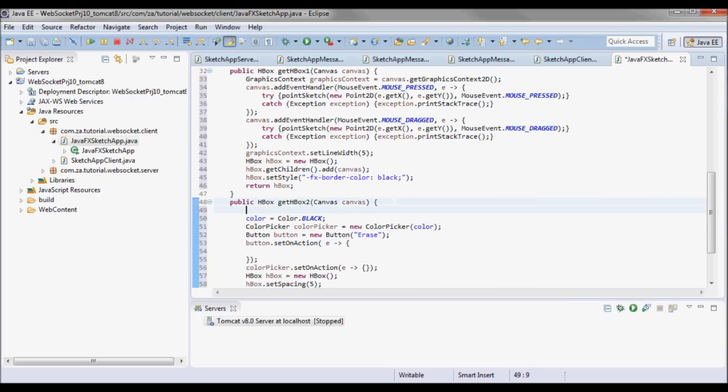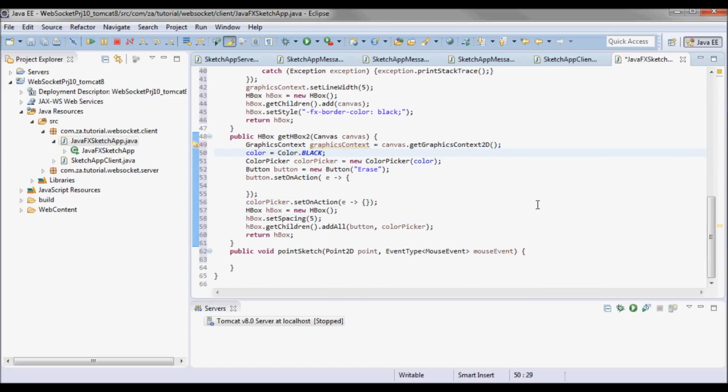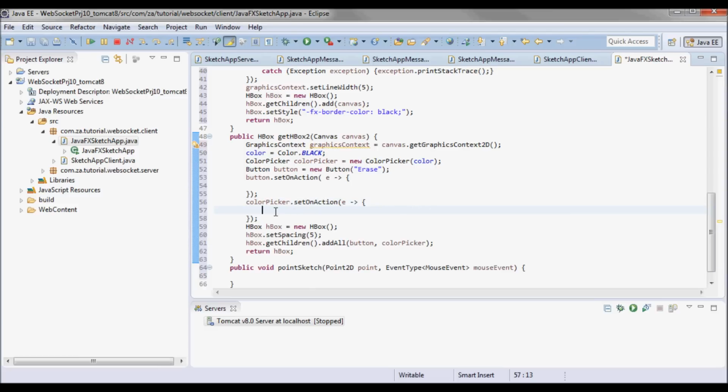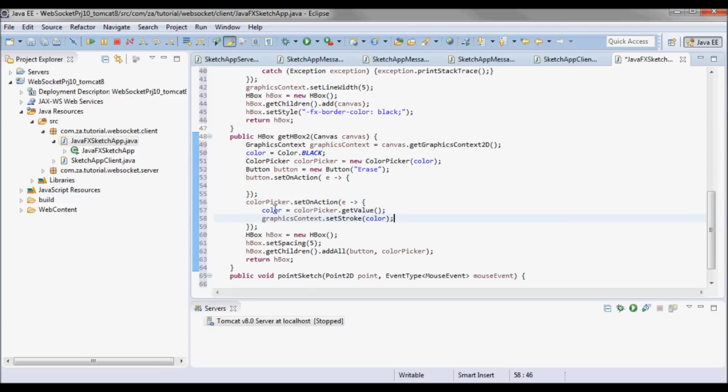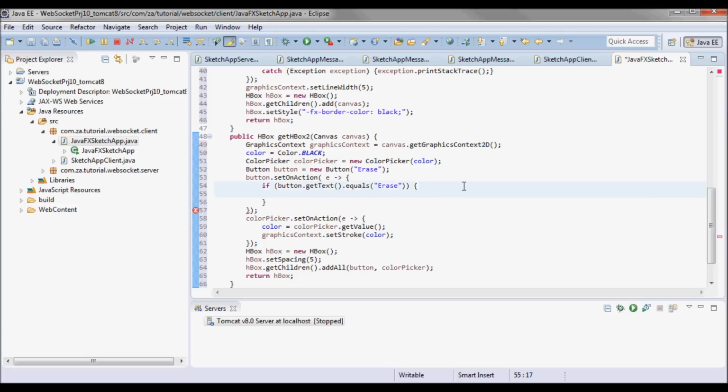And let me pick up a graphics context over here, and for color picker set on action, I'll pick up the color from the color picker, and I'll set the color of the sketching to be that color, and we'll have two values for the erase button. So we'll have erase, and the other value will be sketch. So let's do else here.